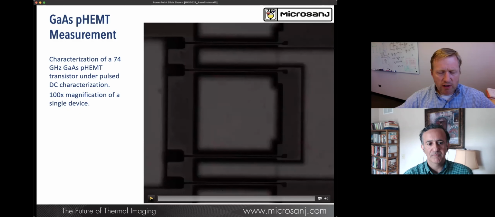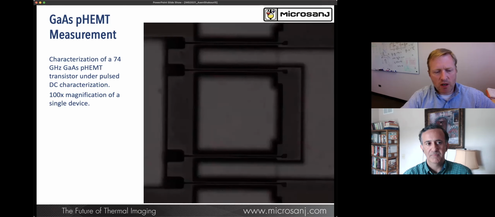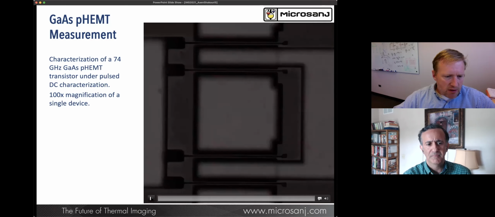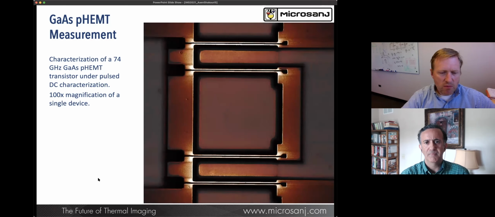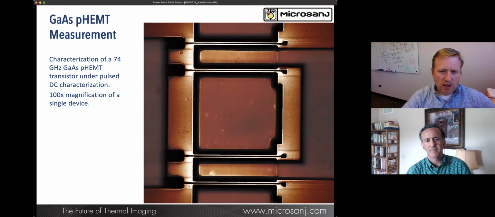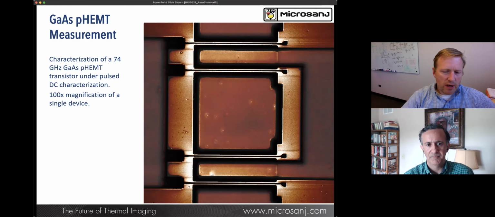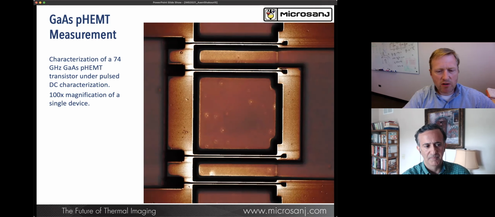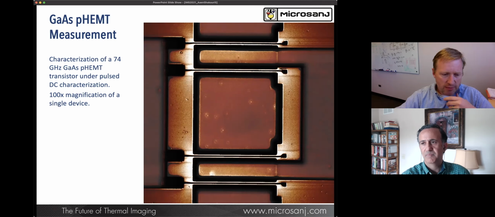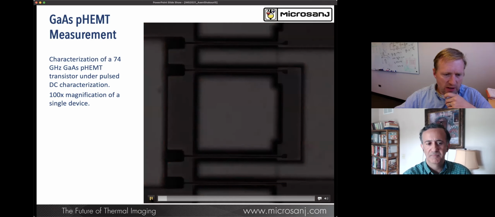And I'll play a movie here, we're able to go ahead and capture frame by frame with the measurement system. And what we can start to see now is how the device heats up over time, and the location of the heating. If we go ahead and look at this on a frame by frame basis, you can actually see when the fingers are heating themselves, the self-heating from each one of the fingers. And then you can start to see as the heat combines, and you get the mutual heating